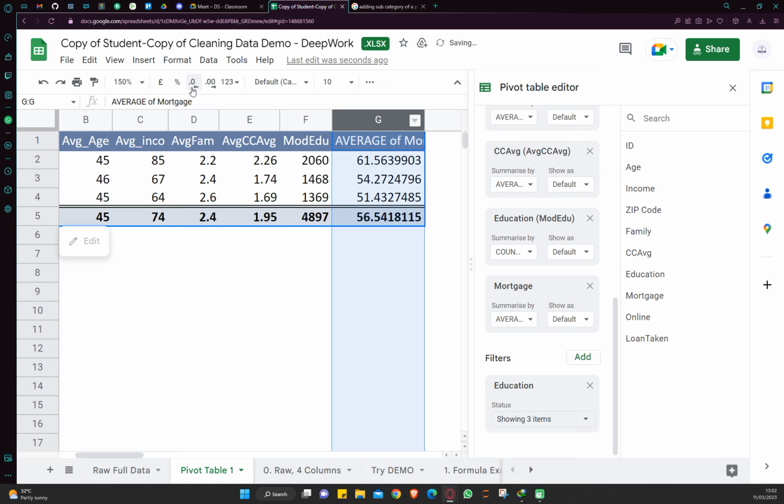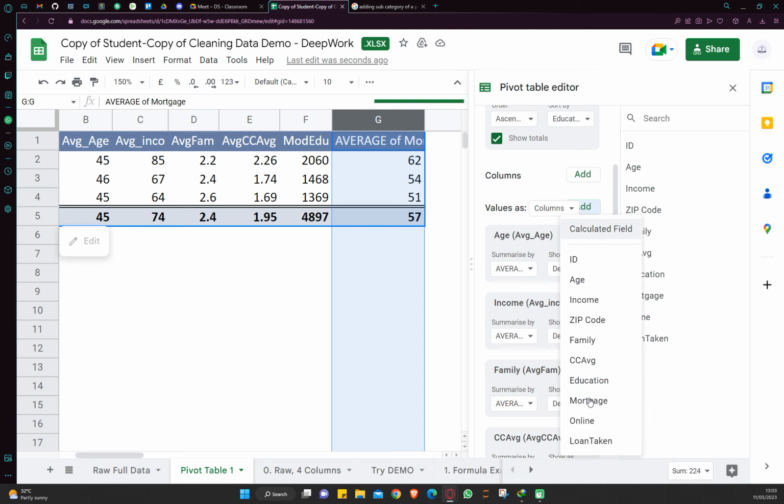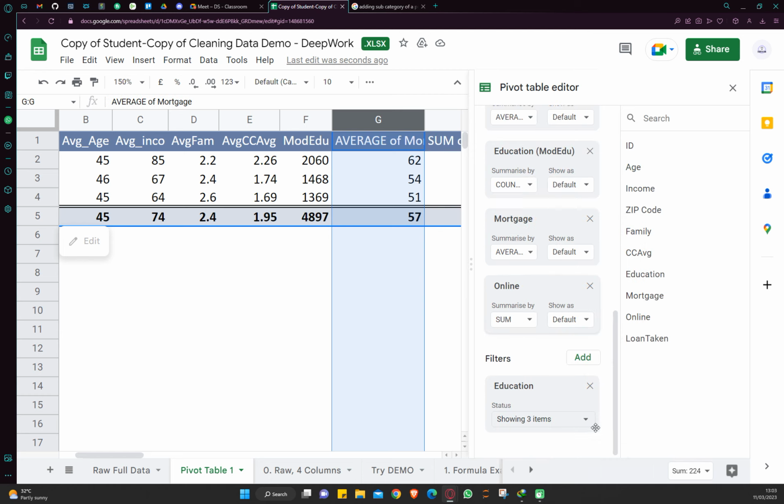Then what else? Then there's online, which is the last. Online is not the last. Loan taking is the last. We are not pivoting around loan taking. If there are any missing values in loan taking, we are deleting them because we want actuals for our